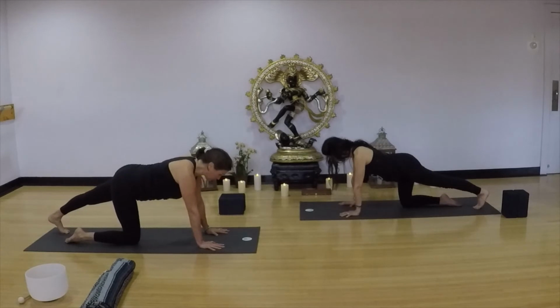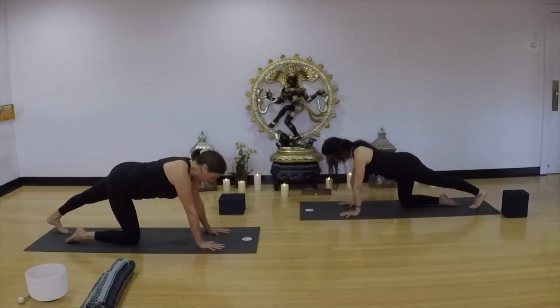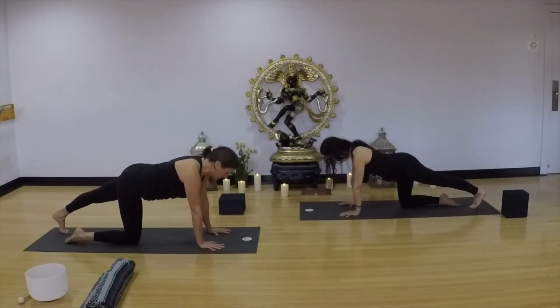So if you go ahead and press back and your body moves in your alignment, maybe you feel like your hip came out of alignment with the knee, or maybe your shoulders moved back. Just notice that and then go ahead and make that adjustment. And still keep the heel reaching towards the back of your mat. And if you'd like some more here,